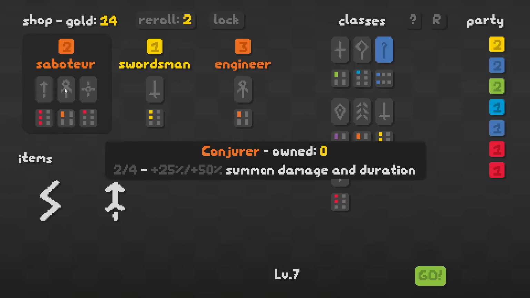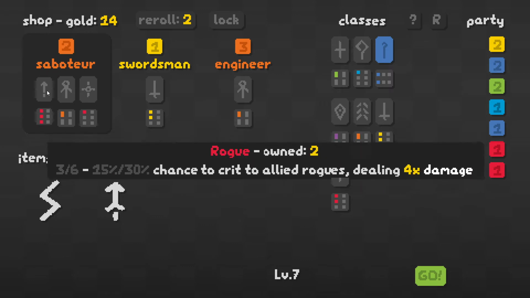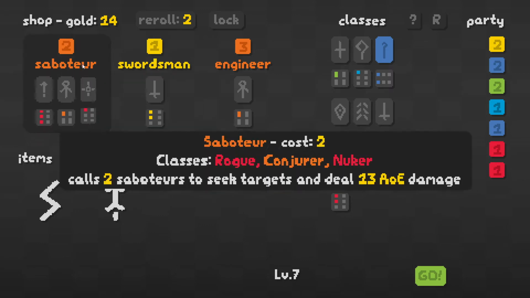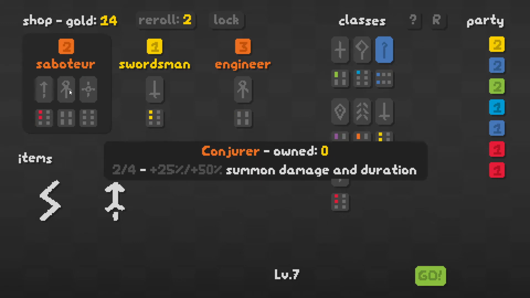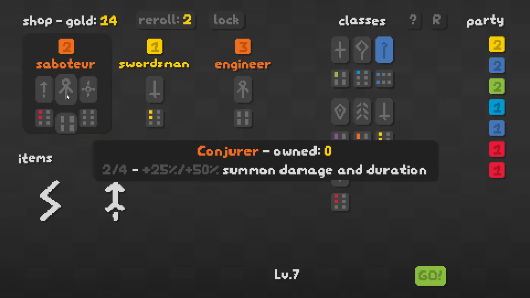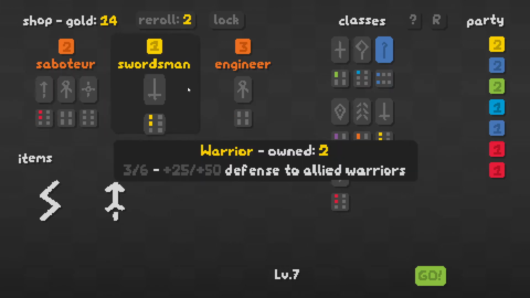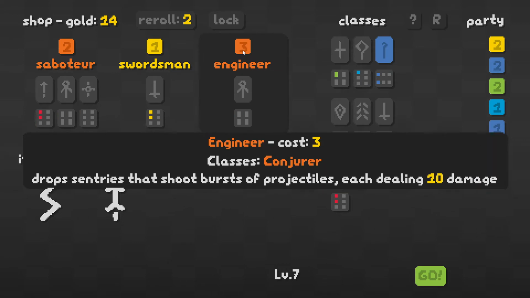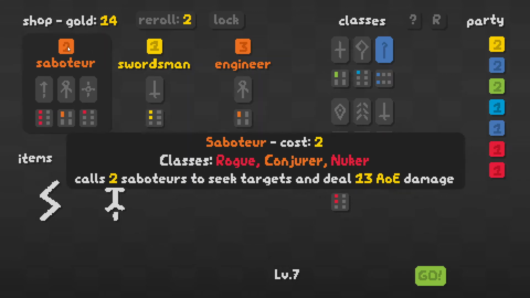Because now we have an opportunity to get rogue. A saboteur is really just a rogue for us. We don't have any other conjurers, though I'm imagining conjurers play very well with swarmers. What does an engineer do? Drop sentries that shoot bursts of projectiles, each dealing 10 damage. And then this guy calls 2 saboteurs to seek targets and deal...